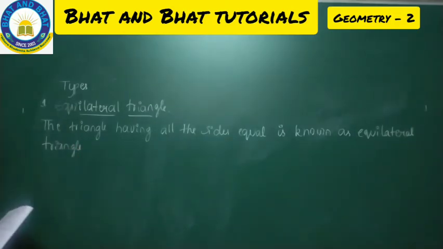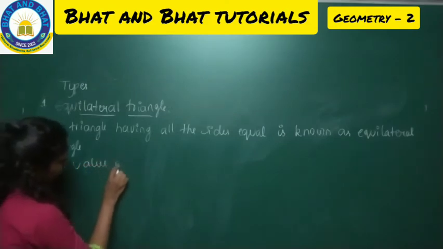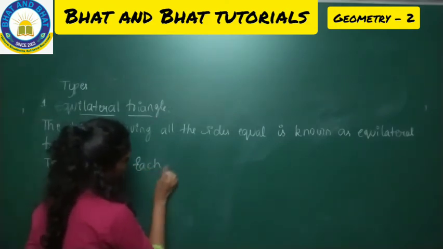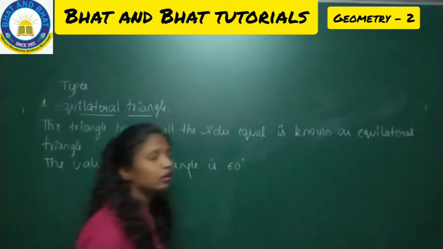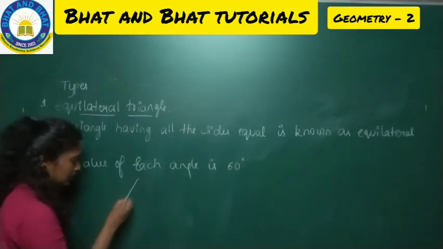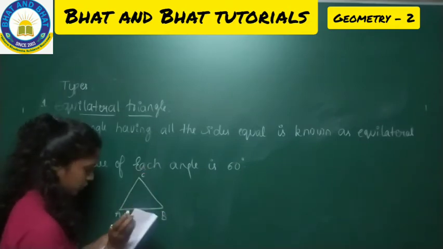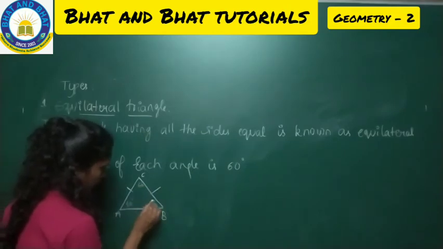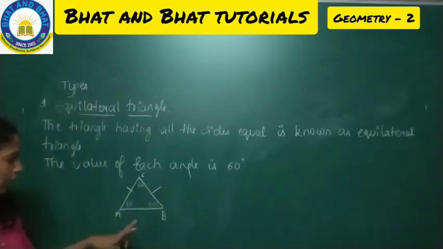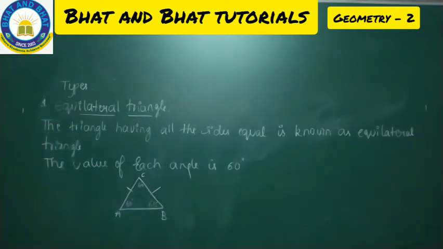Under that, the value of each angle is 60 degree. So in an equilateral triangle, the value of each and every angle will be 60 degree. Say for example, if this is an equilateral triangle A, B and C, and the sides will be equal, angle C will be 60, so angle B as well as angle A. When you add all the angles, you will get 180 degree. Make a note. So fine, hope you all copied equilateral.